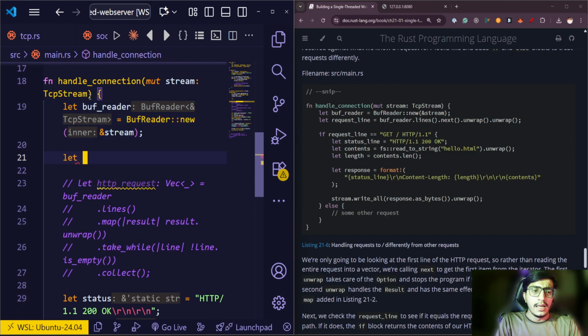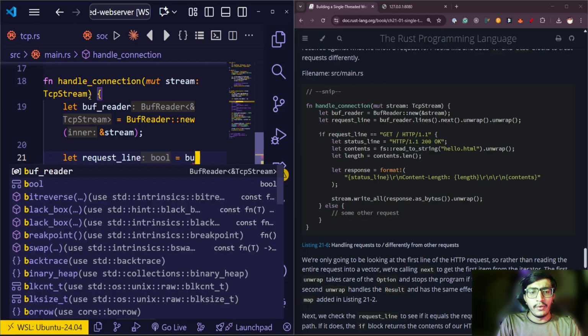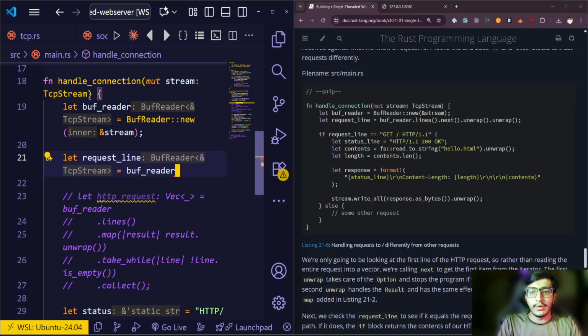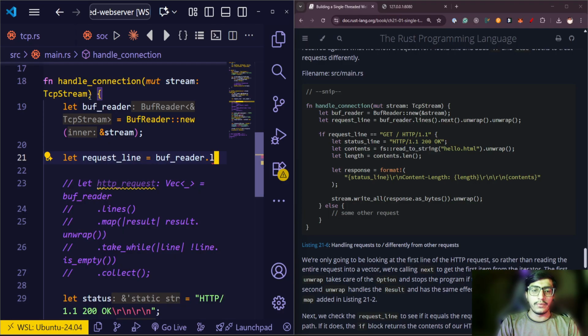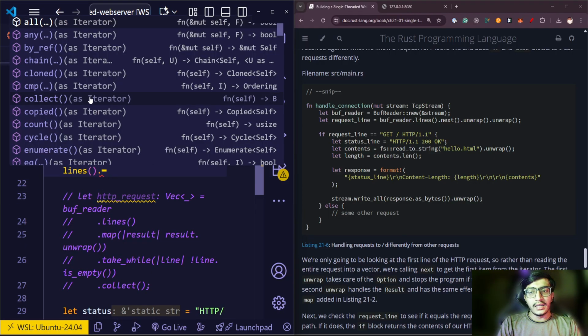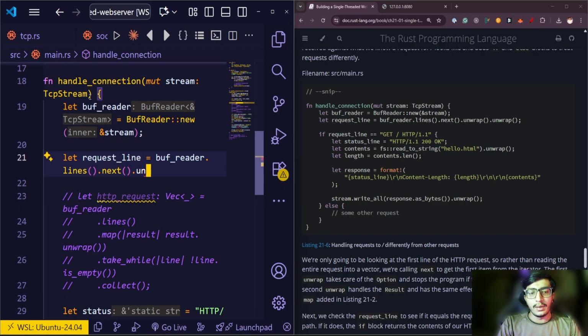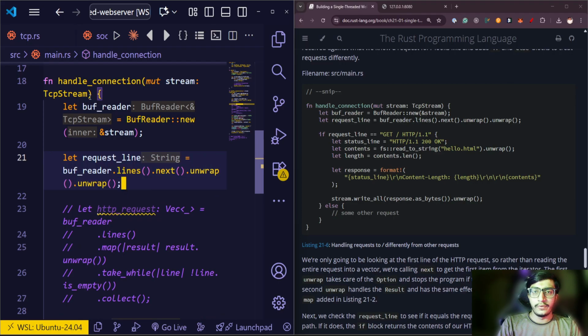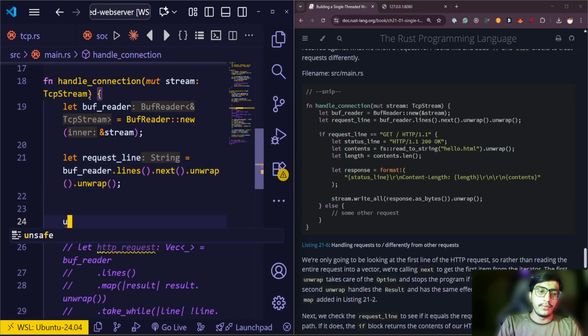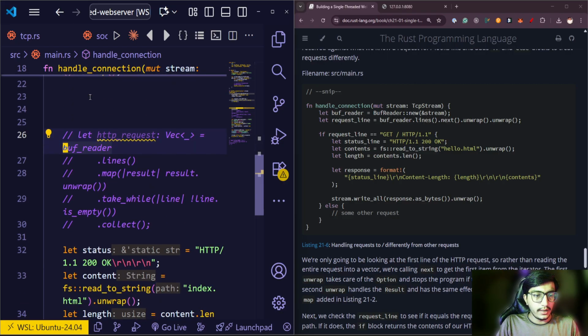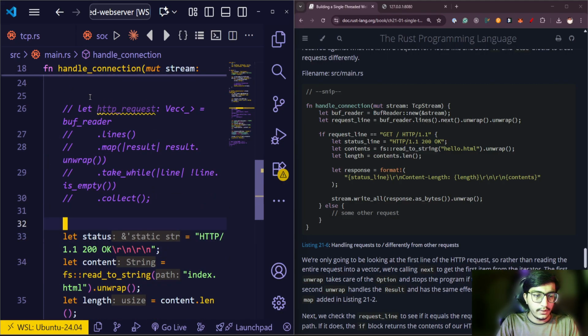Let's say the request line is equal to what we can do: buffer reader, read that buffer, and then inside that buffer we have lines, inside those lines we have next, and then we can implement the unwrap method here for unwrapping, or if there is an error we can panic. And then, instead of passing it here, let's quickly write if request line is equal to, and then what we have to do, we have to pass,